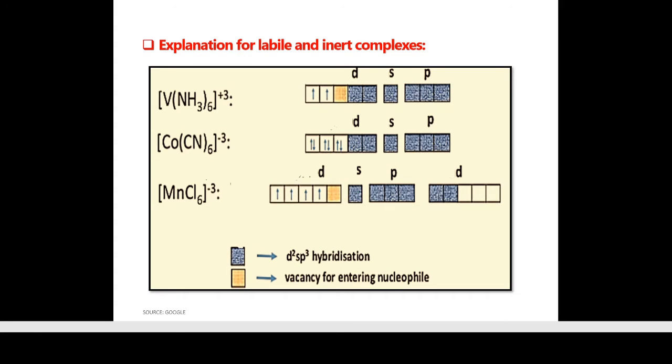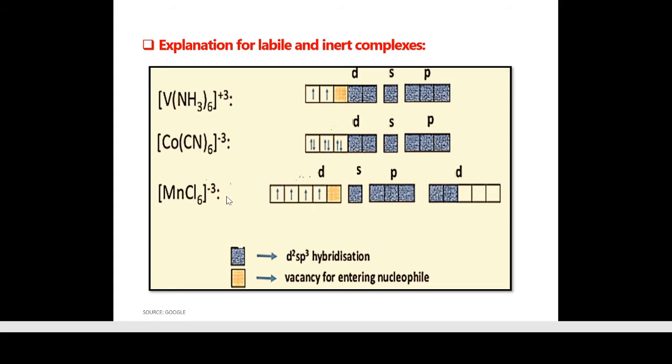So obviously there are 6 electrons in the d orbital. So here is the d orbital, here is again the s orbital, and here is the p orbital. As we know that CN, that is cyanide, is a strong field ligand, all electrons are first paired. So the T2g orbitals are completely filled here. Okay, and the next one is